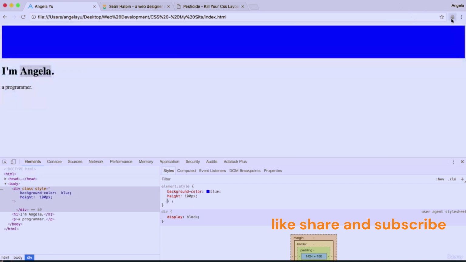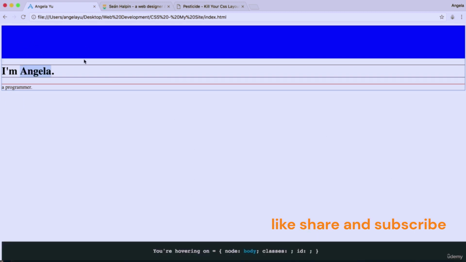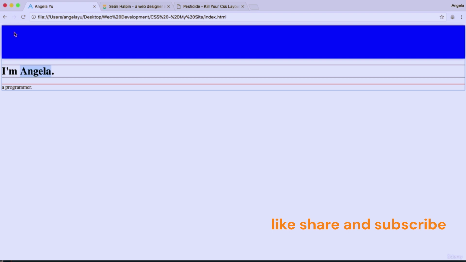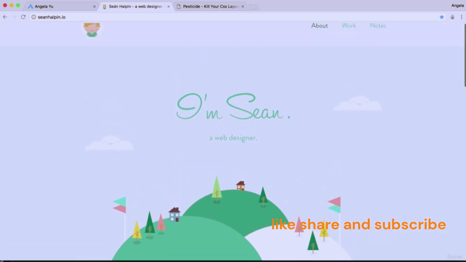And if I turn on Pesticide again, you can see that if I hold down Control and hover over this section, it's showing you this is the div, this is the H1, and this is the P. So the div is only there for you to structure and divide up your content. So if we wanted our div to perform a similar function to what we've got up here, which is the top part of the content, where he's grouped together a title, a subtitle, and an image,